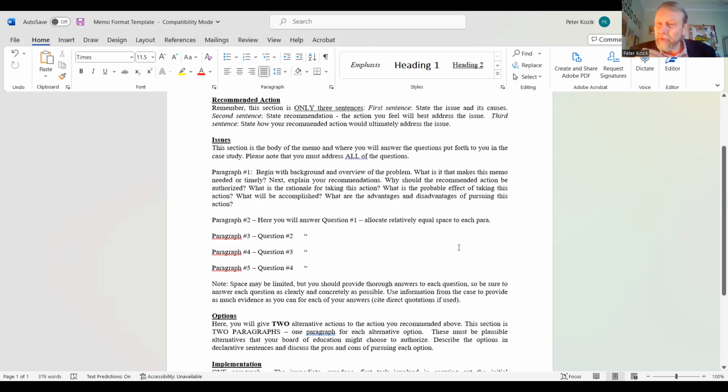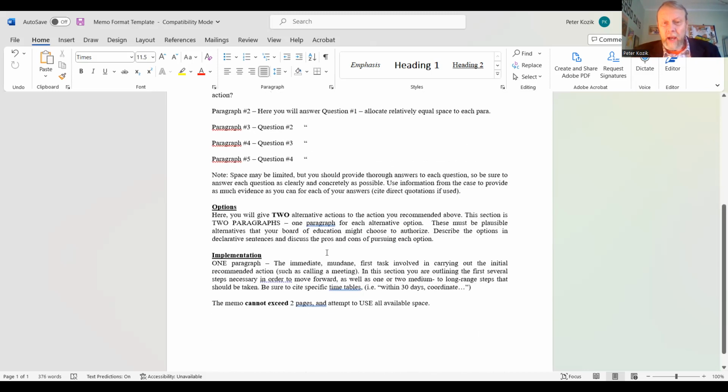So when you're talking about the disadvantages, you're including your thinking about what a concession could really be. How are you conceding to the other side that there are disadvantages to some of these writing programs, and there may be disadvantages to your particular writing program that you choose. In your options section, you're going to give two alternative actions. Actually, I'm going to ask you for one. Okay, so what's the one program that you're going to point to?